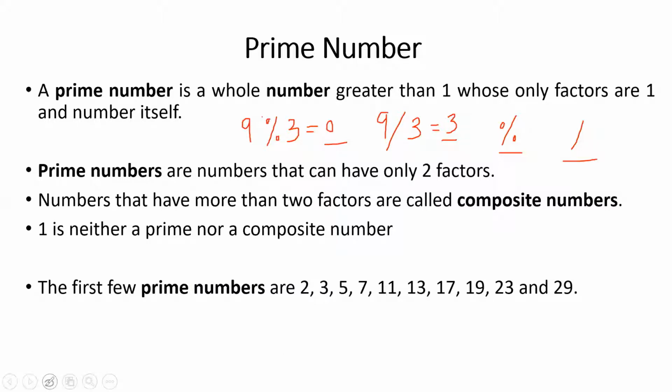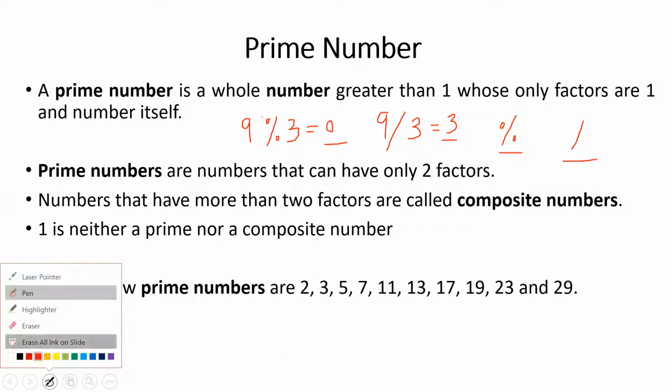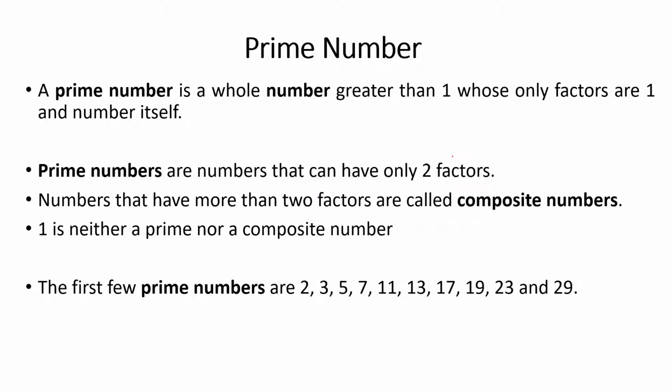Now in this concept of prime numbers, we have to keep in mind that if you take any number in the series, say 2, this number will be divisible by 2 numbers. Which are the 2 numbers? It will be divisible by 1 and by 2, right? So there are 2 factors for 2. If I take 3, what are the 2 factors? It is divisible by 1 and by 3.